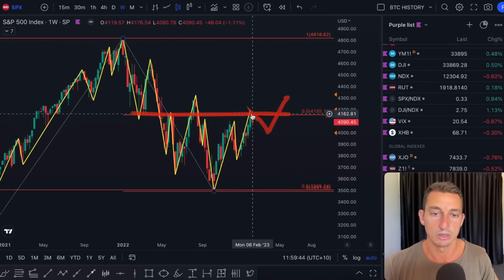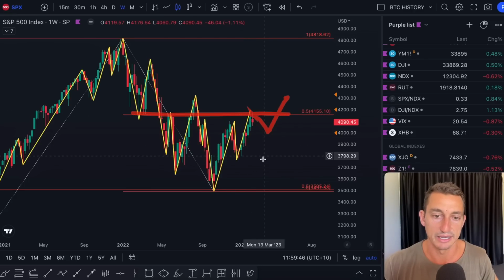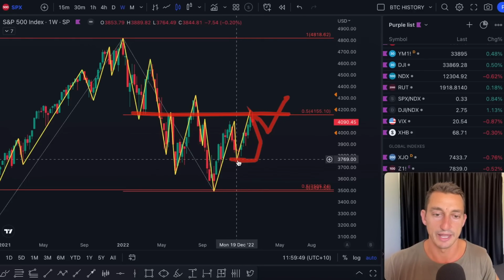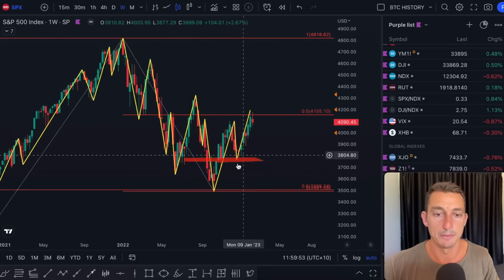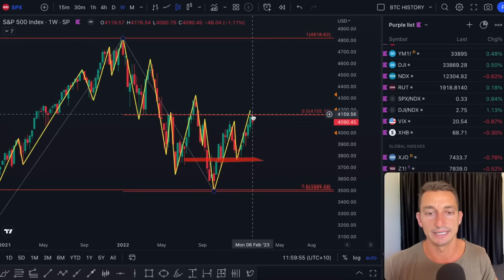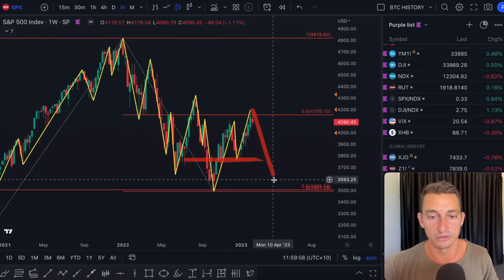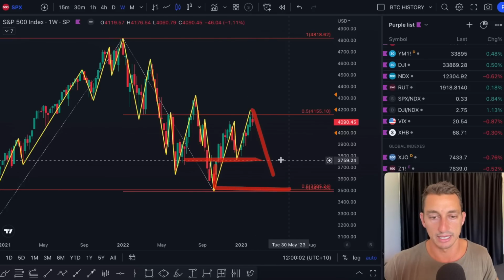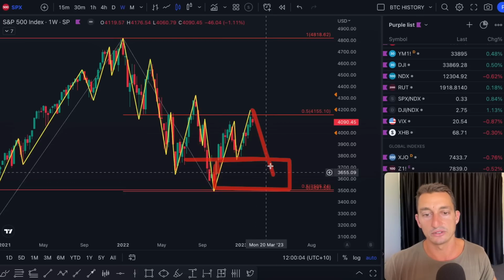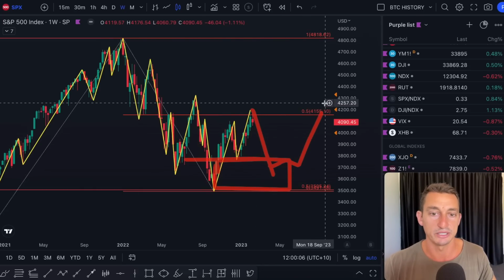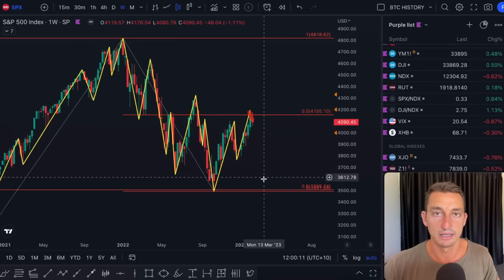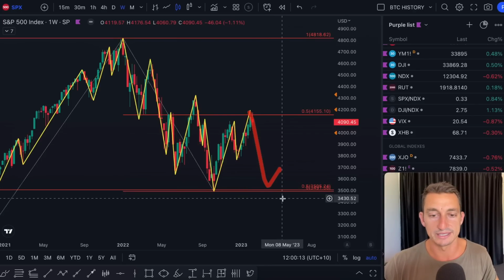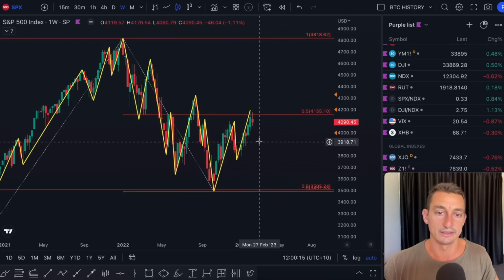For the bears, obviously, you want to see it rejected pretty hard and break this December low. That break of the December low is not good for the bulls at all, of course, but really it changes the structure, at least in the intermediate term, because if we do start to fall under this level and get trapped between 3,500 and around 3,800, that means it's just going to be a longer, slower grind for 2023. So for the bears, that's exactly what you want to see in order to at least hopefully test that downside of 3,500 and get to a lower price.